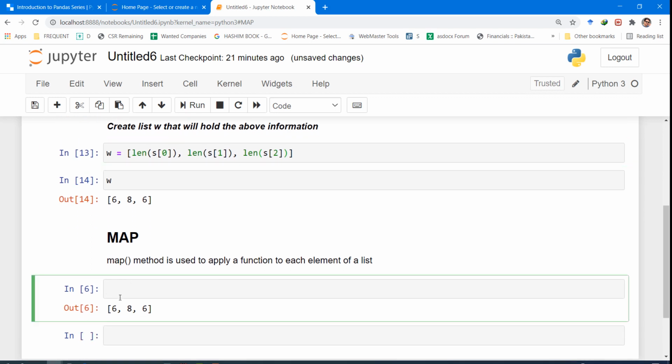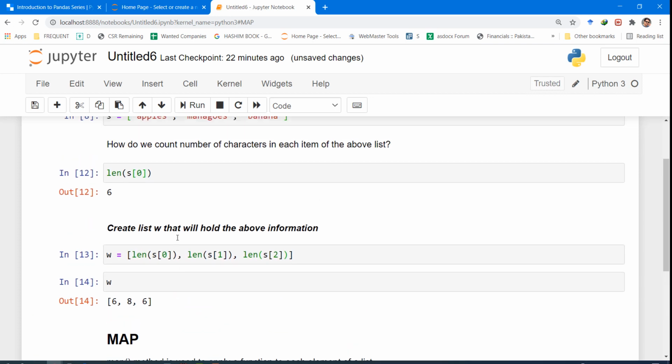So let's create another variable z, and we shall use map. The function that we shall apply is len, and the list that we are applying it to is S. The map function takes 2 arguments. The first argument is the function that we shall apply to each element of the given list, and the second argument is the name of the list.